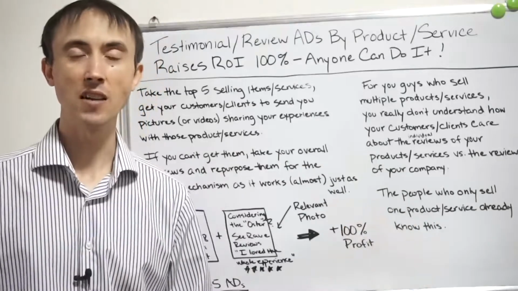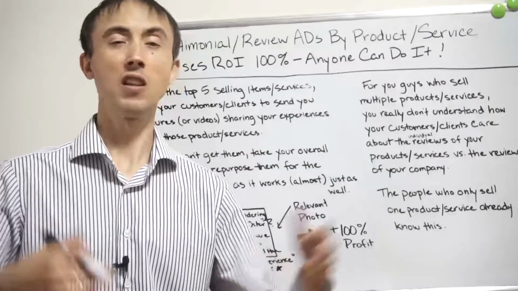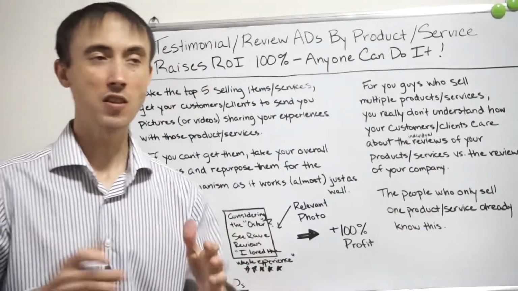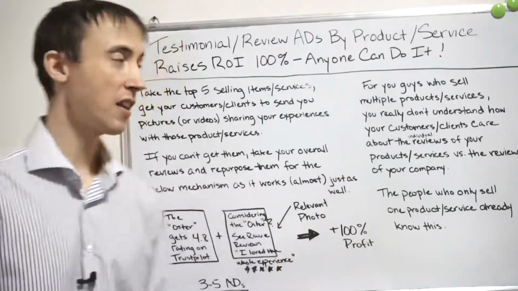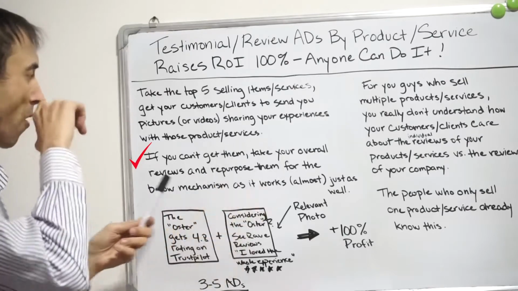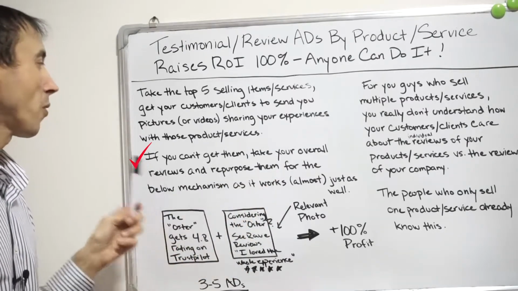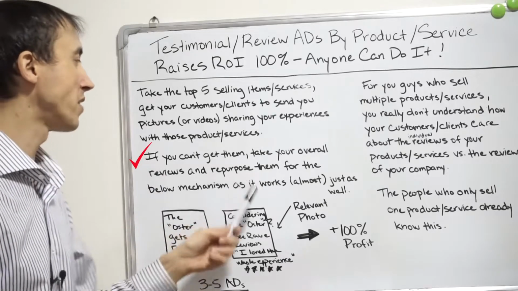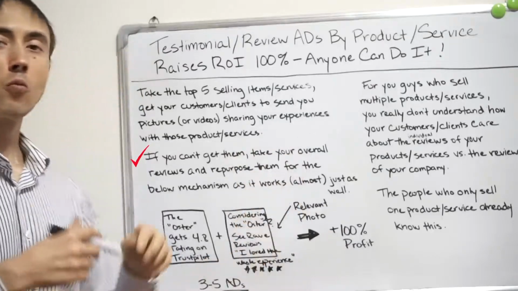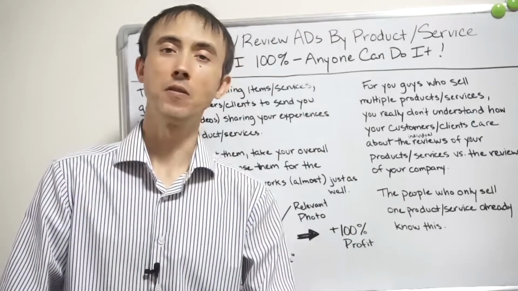So I don't blame you guys, it's just going to be a lot of extra work, and you have lots of hundreds of items. It may never happen. But if you're in that situation, regardless of how you got there, if you can't get the reviews, take your overall reviews and repurpose them for the below mechanism, as it works almost just as good as actually having the real reviews for each product or service that you have,